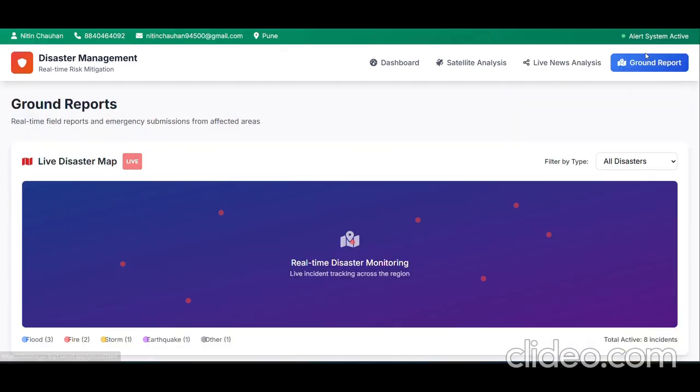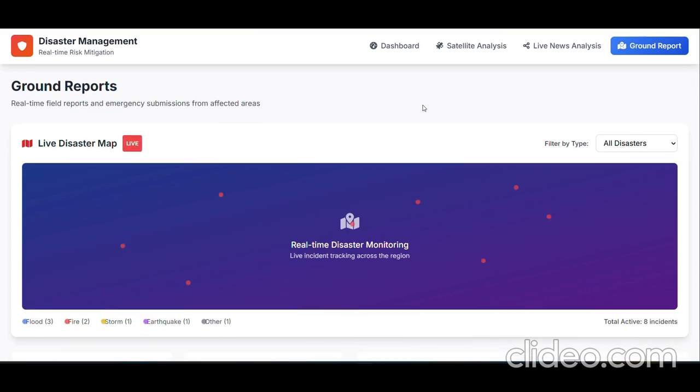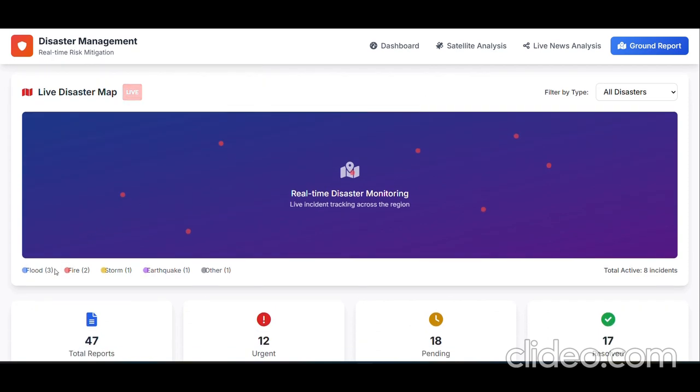Coming to our ground report. Our ground report shows the real-time on-ground analysis, in which we can show the incident, where it is happening, what is going on right now, and which areas are affected by how many natural disasters. Like we are showing